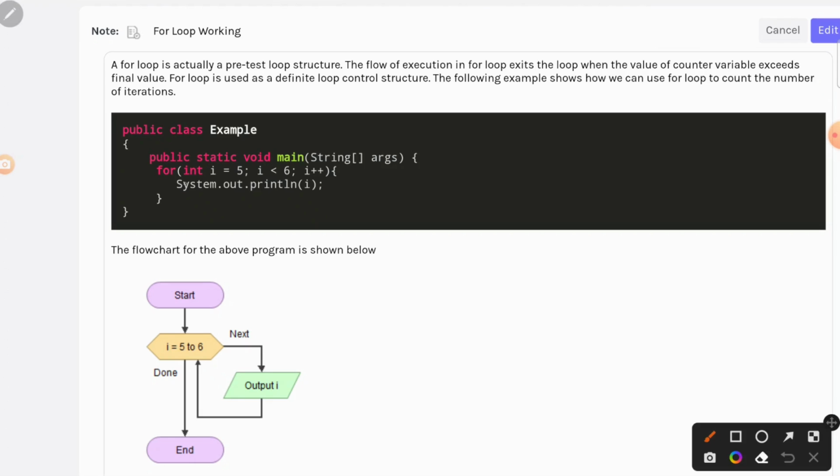Now I'm taking a simple example where looking at the code you should be able to tell that this code starts with 5, goes up to less than 6, and we are incrementing the value by 1. So we are starting with number 5 and we are saying go up to 6 but not including 6, and increment the value by 1, which next value will become 6, which is tricky to understand because we are in fact starting with 5 and we are saying don't go up to 6. Go increase the value by 1 but stay below 6 because this is i less than 6. What does it really mean is